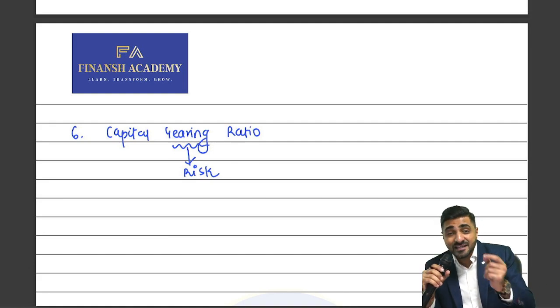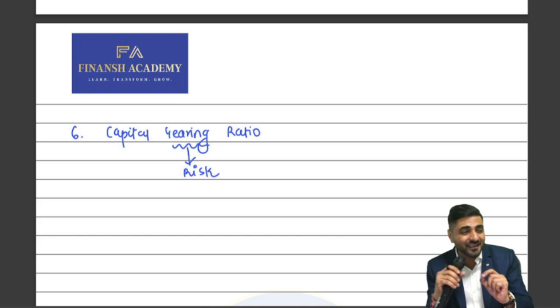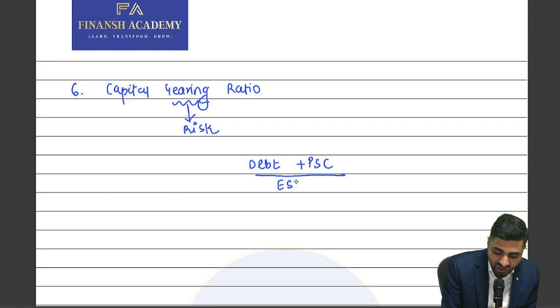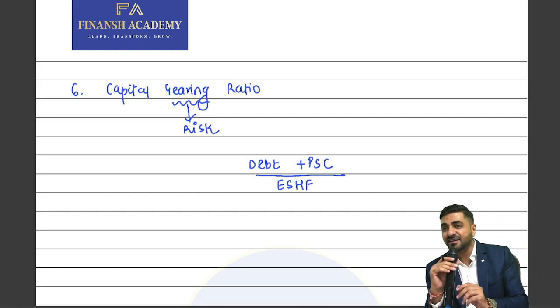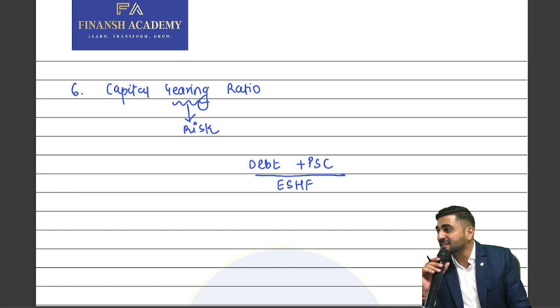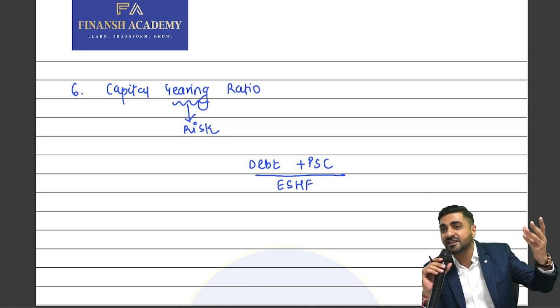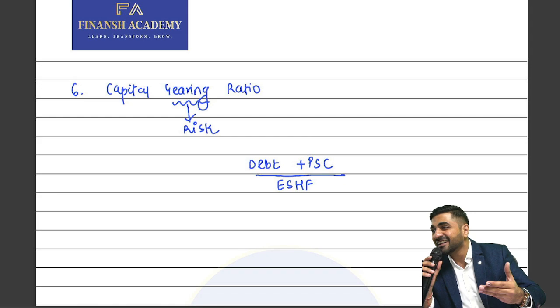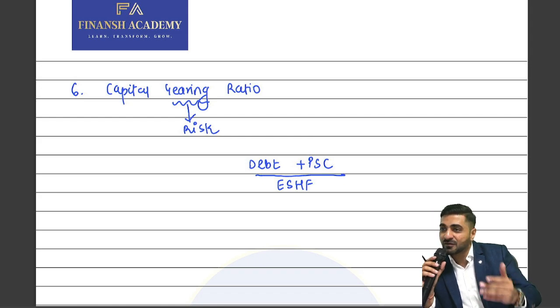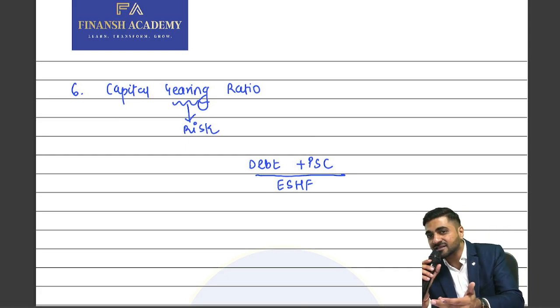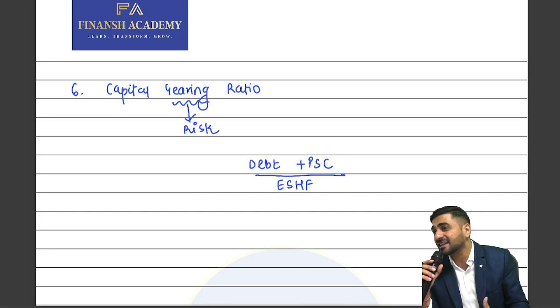Yes, sir. So basically in the capital gearing ratio, what are we actually checking? That how much money we are taking from fixed sources. So that's why we have something which is called debt and preference shares, and we divide this by equity shareholders' funds. Debt plus preference shares upon equity shareholders' funds. Can I say this will help you understand how much money in the numerator we are taking from fixed sources, because debt is fixed. Come on, yes or no? Yes, sir. Right? Equity shareholders' funds are non-fixed, right? So we will take debt upon non-fixed, upon whatever is your equity shareholders' funds, so that we come to know how much is the risk.